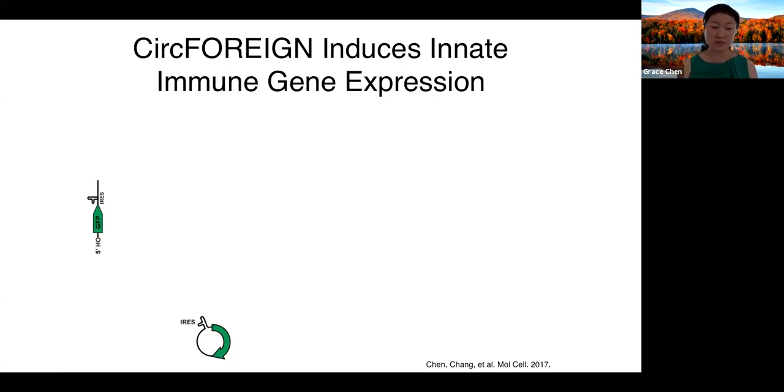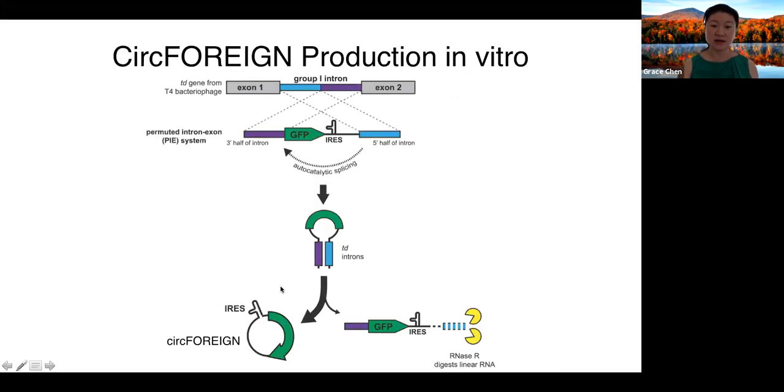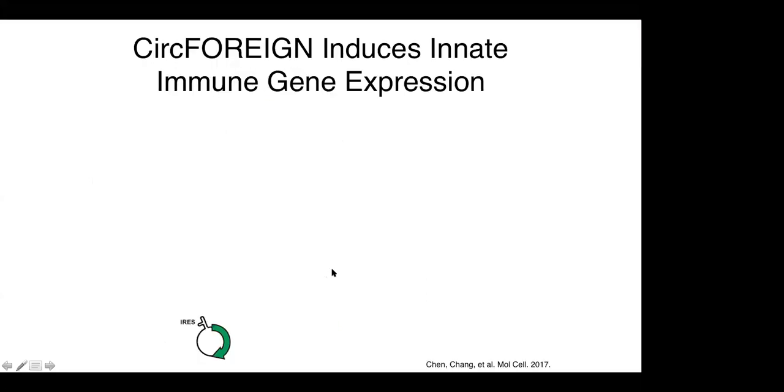And then briefly, I didn't mention in the last slide the internal ribosome entry site that's present, let's see if I can go back here, that's present on the strand of RNA, upstream of the open reading frame, so that when we transfect in the RNA, we can allow and observe translation of this GFP.